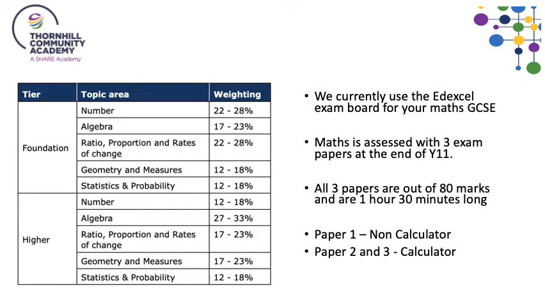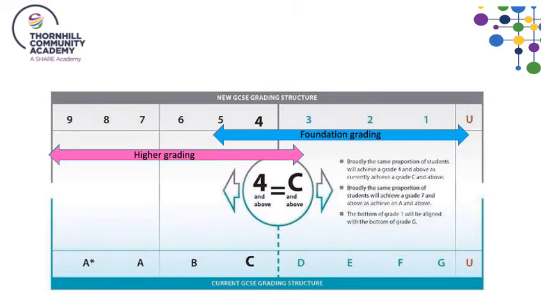In terms of your grading system for your GCSE in maths, we've now moved away from the A star to C grades that were commonly known a couple of years ago, and we're now working from grades 1 all the way up to 9. Now, I know for some